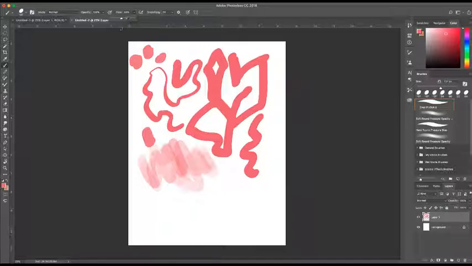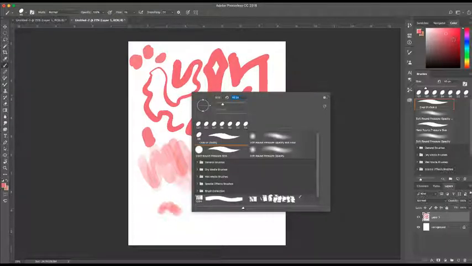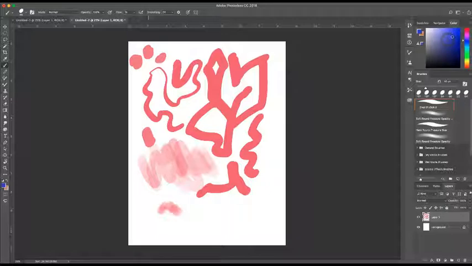Next up is flow. It basically determines how much of your brush dab is added in. Let me show you guys. Unlike Corel Painter or Procreate, where the computer kind of creates some kind of technical thing, I'm not even sure, where it uses the software to create or mimic traditional media, in Photoshop, everything is made out of a dab. Let me see if I can illustrate that. Let me use a brand new color here. So everything in Photoshop is made out of this. No matter what brush you use,